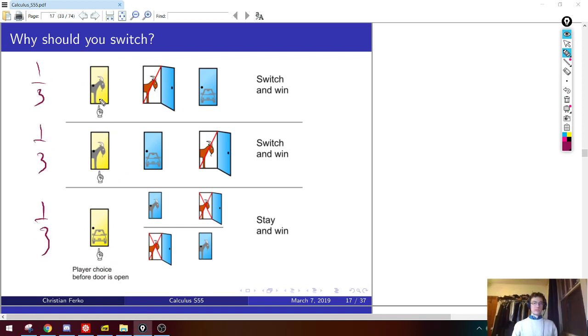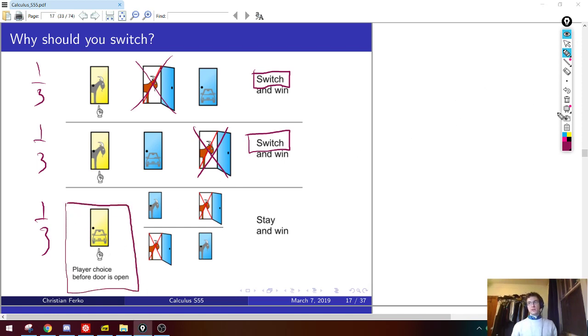In the first 2 states of the world, when Monty comes over and reveals that one of these other doors had a goat behind it and rules it out, I would have won if I had switched because I originally chose a goat. So here switching wins, and likewise here switching wins. The only way that staying would have made me win is if I had chosen the car originally. And as we know from the first step, you only choose the car correctly originally 1/3 of the time. So here's another picture showing that switching nets you a 2/3 probability of car, staying gives you a 1/3.